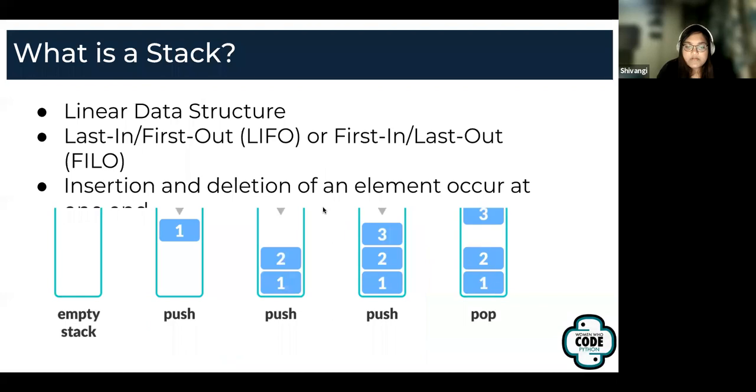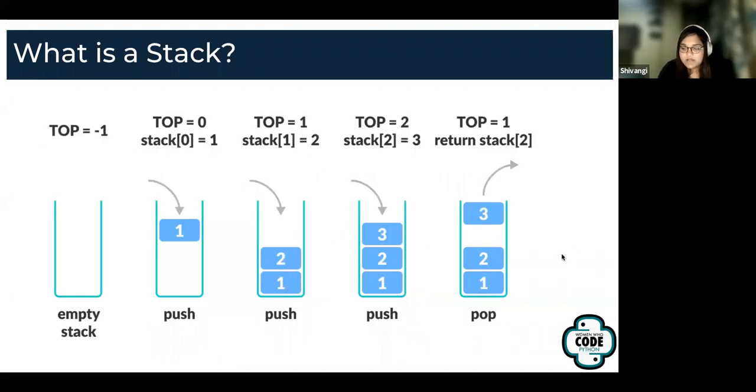For you guys to visualize it a little better, there's an illustration here. Imagine a stack as an empty container which just has one opening, right? And then you start putting stuff in the container. The first thing you put in the container, over here, it's one, and then the second thing which you put in is two. Now, what is top? Top points to the last element which was inserted into the stack. In this case, it's two, right?